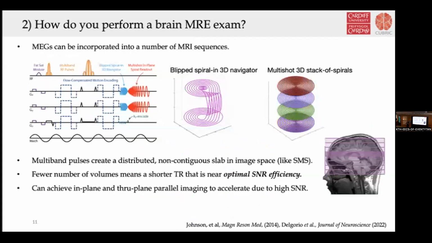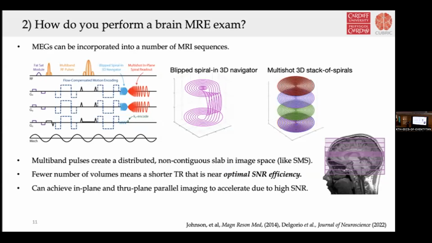So essentially any kind of sequence can be adapted for MRE. So this has been gradient recalled echo with or without EPI, spin echo with or without EPI, as well as spiral sequences. And one of the main disadvantages for EPI sequences is that they are susceptible to significant distortions. That's because the entire range of phase encoding steps are acquired in one TR, which leads to a long